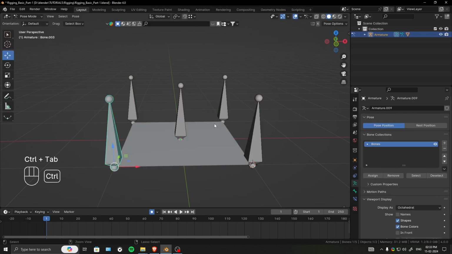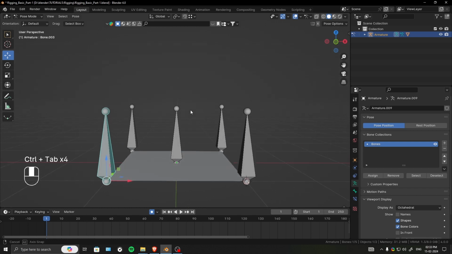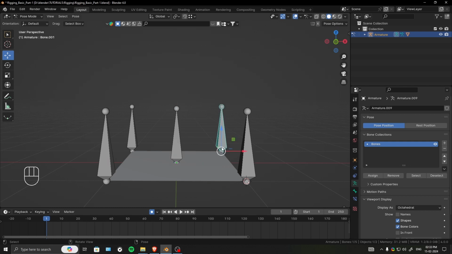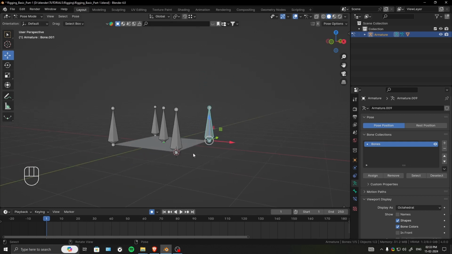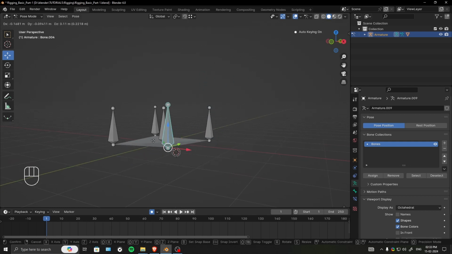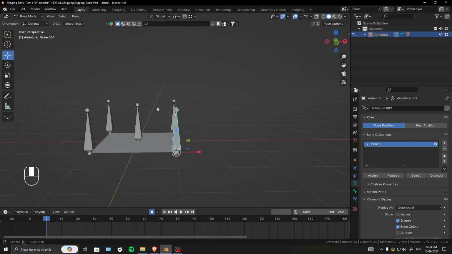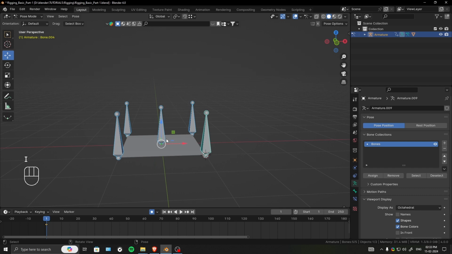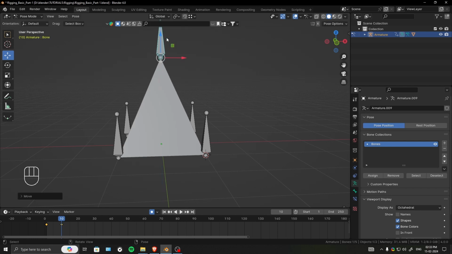Now if I select the armature and go into the pose mode, I can now move these vertexes around, and this way I can animate this plane into some stuff that I want. So I'll just select every bone, add in a keyframe to them. Let's go a few frames ahead. I'll select this one, I'll move it up like this,